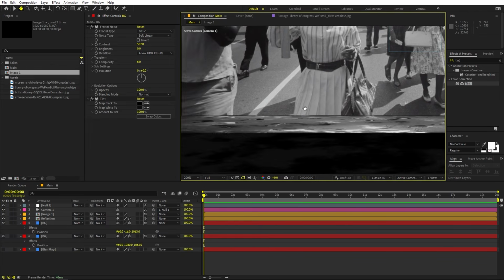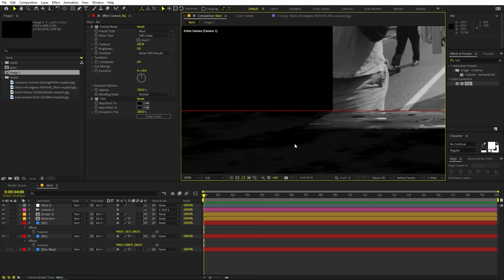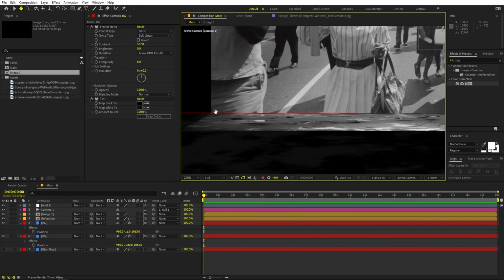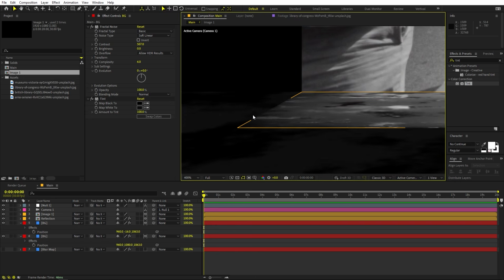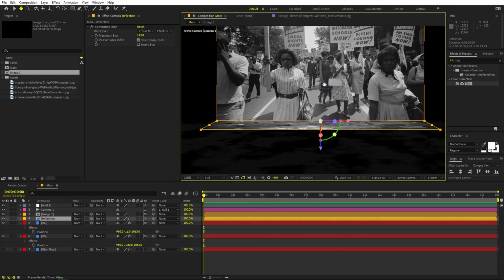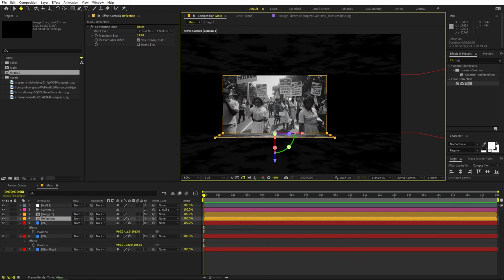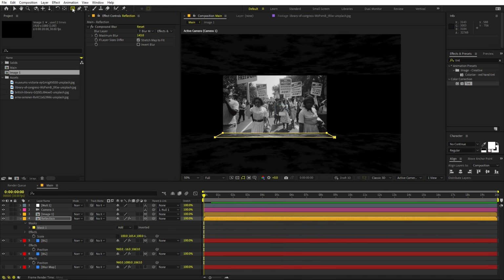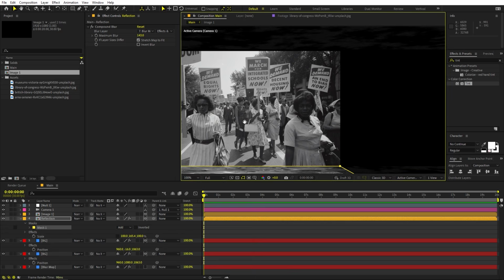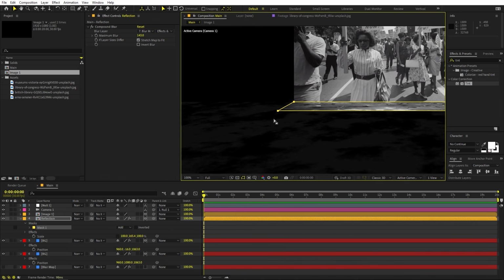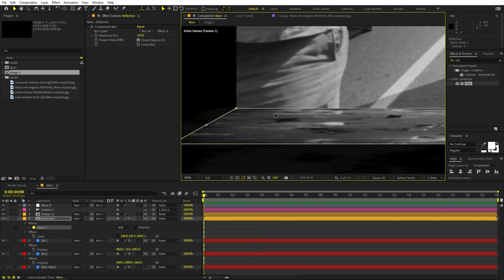Perfect. Now you can see that we are able to see this ground and this reflection, but you can see that we are able to see some hard edges as well. So we can get rid of it very easily by simply selecting this, and after that you can make sure none of the other layers is selected. Then just double click on this rectangular tool or the shape tool and it will create a mask. Now just zoom in and double click on this mask, and you can see that it will select everything,